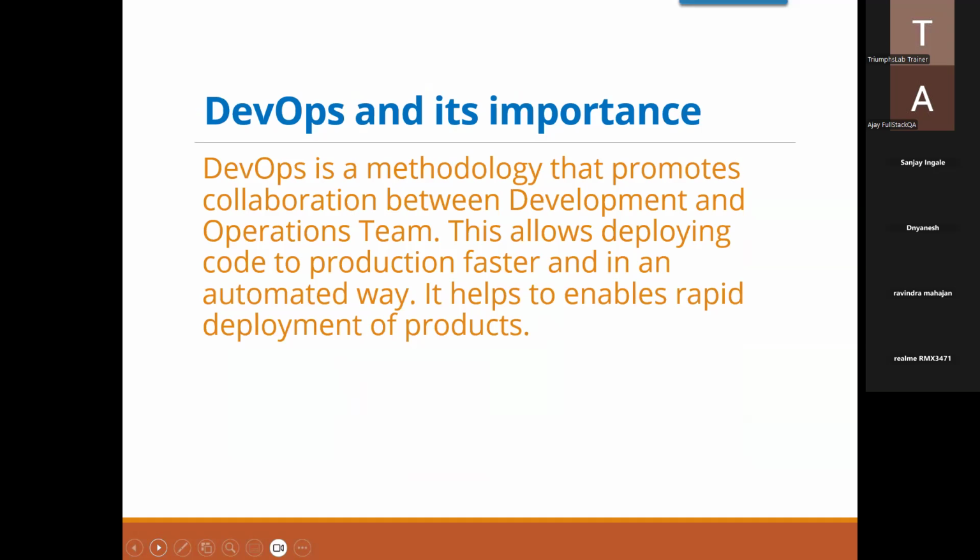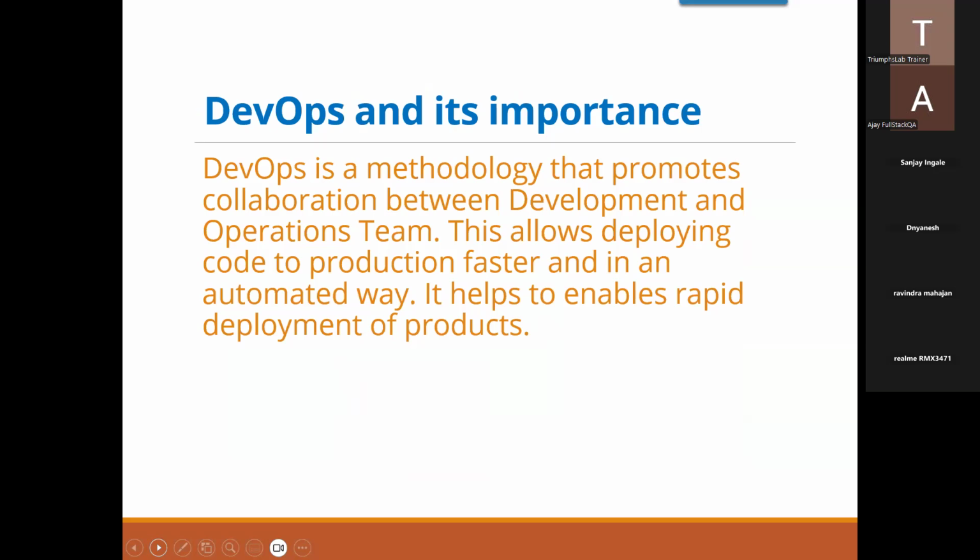Now you can think, if we are doing manual builds, then there is a dependency. The person should be available, then he will have to give some commands, then the new build will be created. But think if we created this automation process, and that is the role of a DevOps engineer, then the builds can be created automatically.